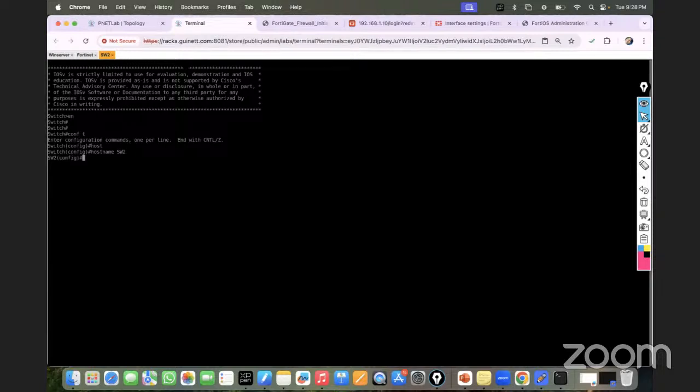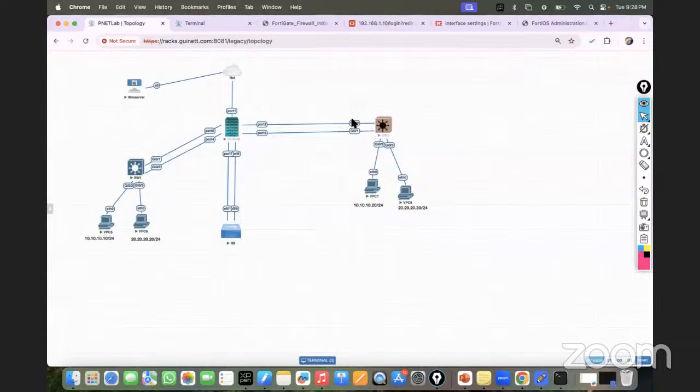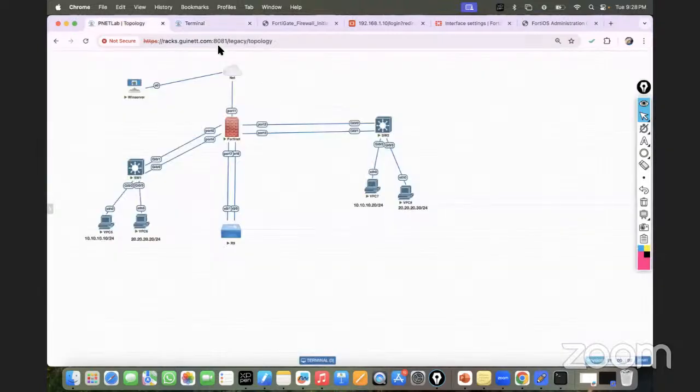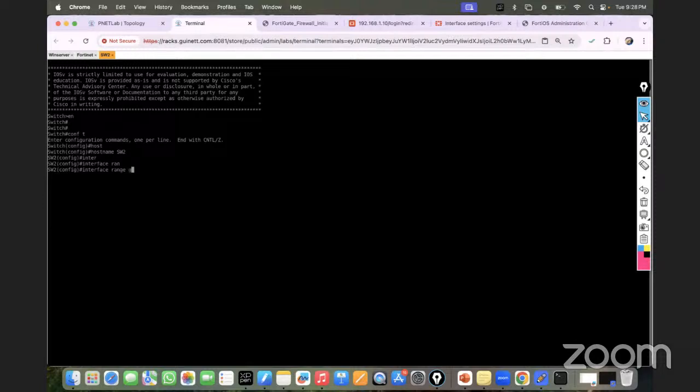Switch to, and now I have to integrate 2 ports in the EtherChannel. So how can I do that? I simply go and, let's suppose I want to configure interface range. I can give which 2 ports I want to configure, 0/0 and 0/1. I can make them a channel group